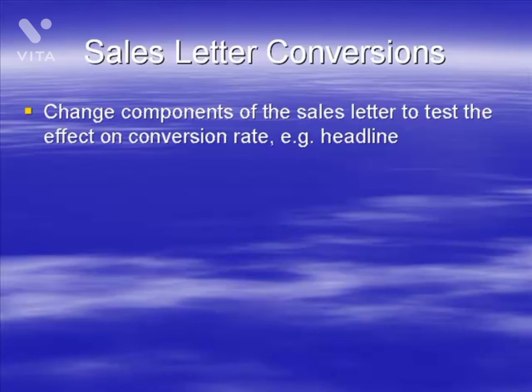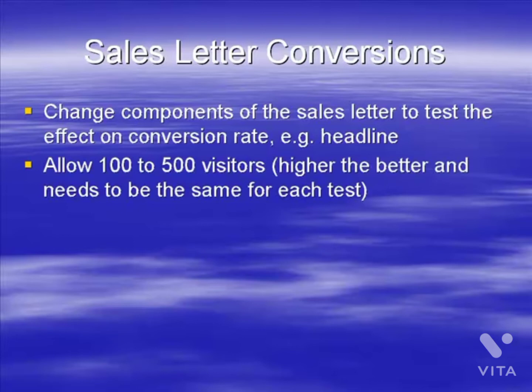When it comes to improving the conversion rate of a sales letter, you need to change various components and see what effect they have on the conversion rate. Do they make the conversion rate better or do they make it worse? It really, really depends, and the only way to do this is to test it. So you can test things like different headline, different sub-headline, different opening, different PSs. Test having a header graphic against no header graphic. Test the amount of white space at the top of a letter. All of that needs to be tested and much, much more. Now, this can get quite complex, and we're going to talk in the next video about ways of making it easier. But these are all the components you need to consider changing.